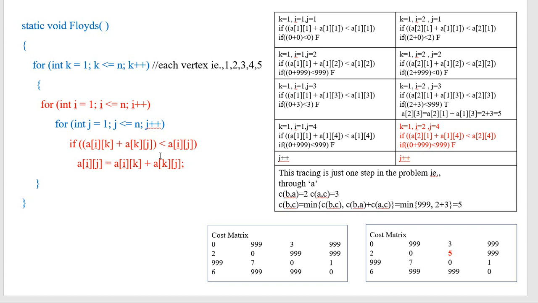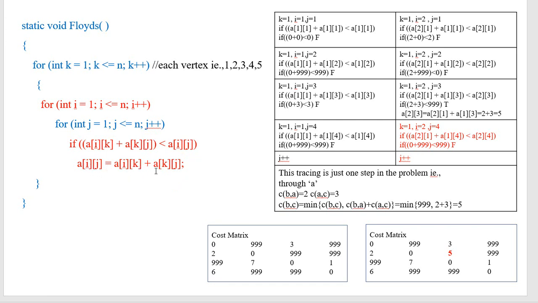If you use an intermediate node and get the lower cost, then we consider that path to reach vertex j from vertex i. That is the condition. If this cost is less, then a of ij equals a of ik plus a of kj. If this cost is greater than the already existing value, we are not going to change that value; instead we just keep the previous value as it is.